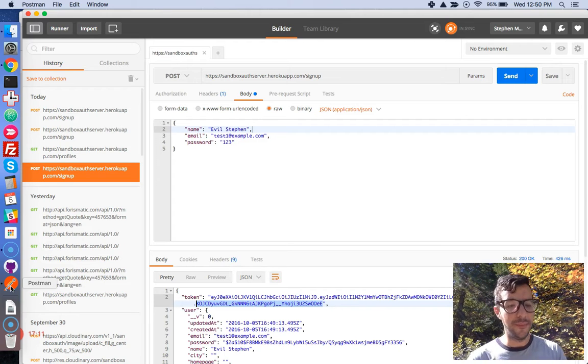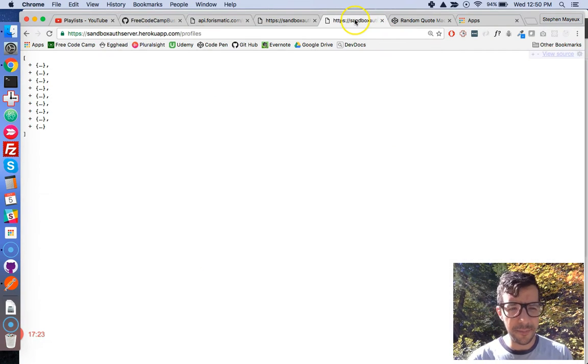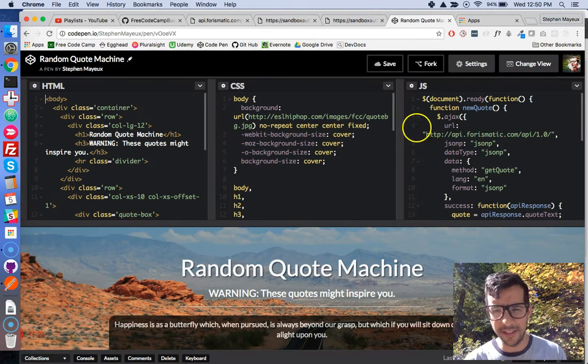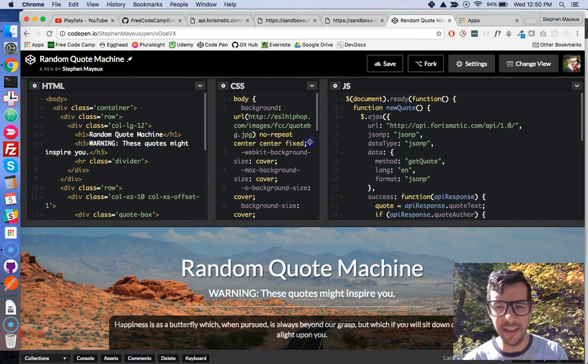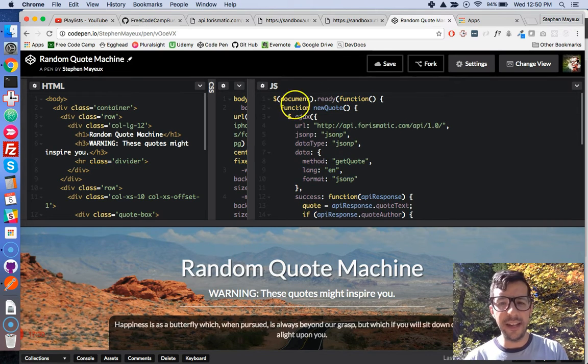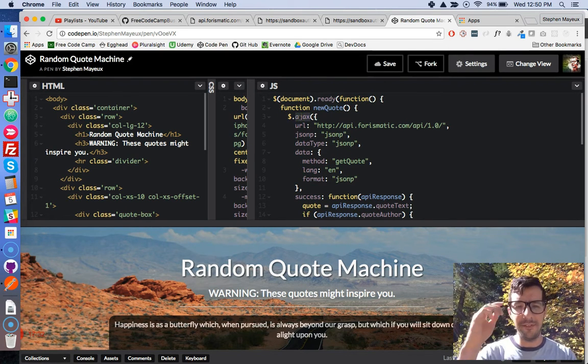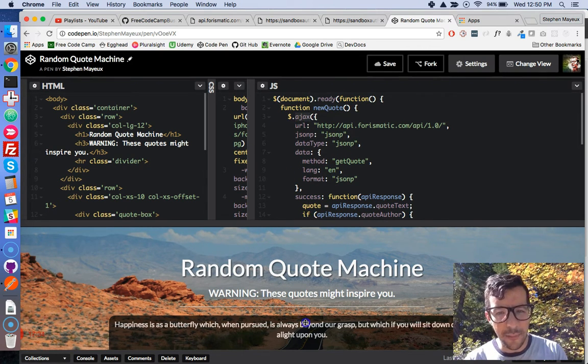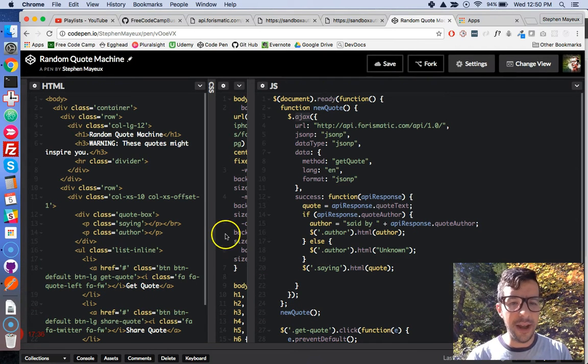Okay, so there's one more thing that I want to go over, and this is the topic of browser security. I'm going to go to my CodePen here. Where's my CodePen? All right, this is where I made my random quote machine. And you see in here, I use the AJAX method. This is available in jQuery, and it's a way to make